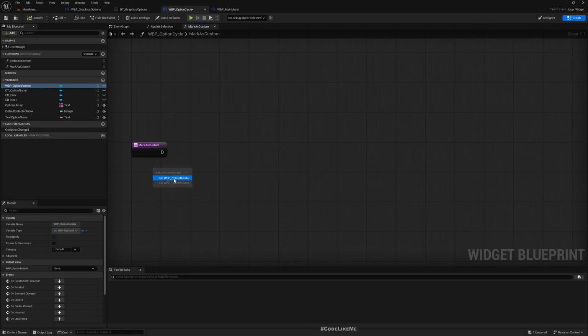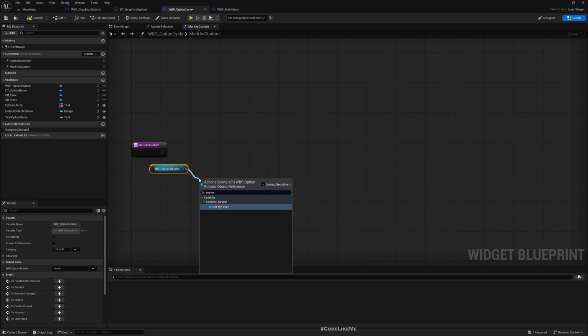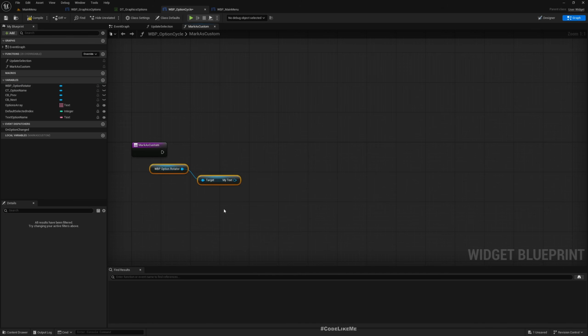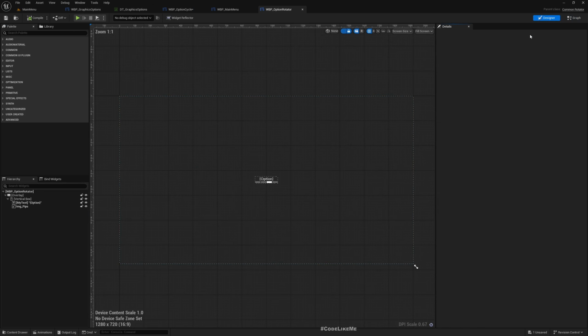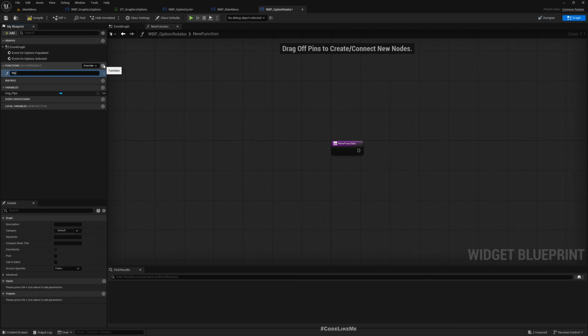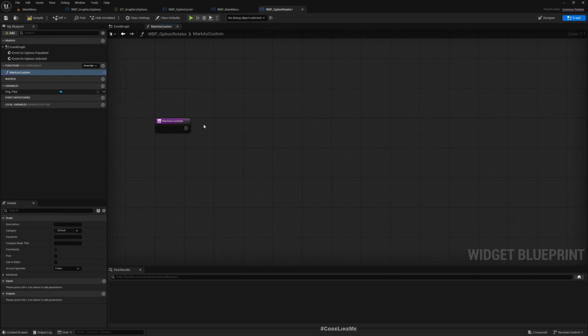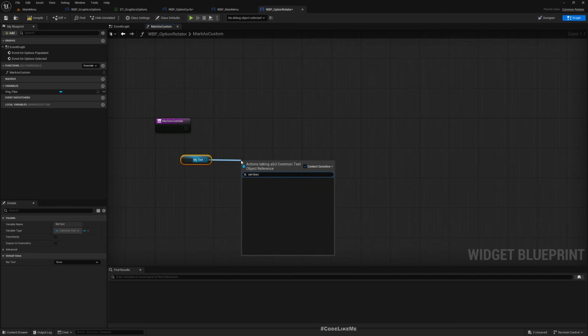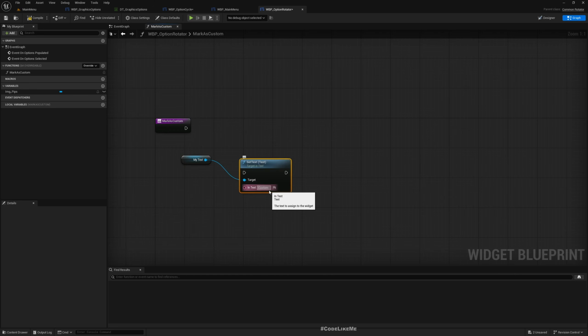From the option rotator, I can access my text. Well, maybe we should do it within the option rotator itself. So let me go here, and inside this I'll add another function, the same name, mark as custom, so that we can encapsulate whatever we are doing here. So get my text and set text as custom,